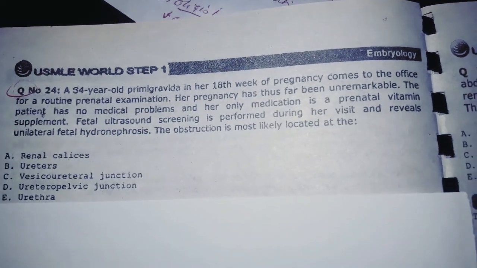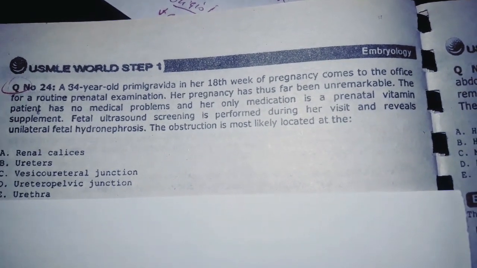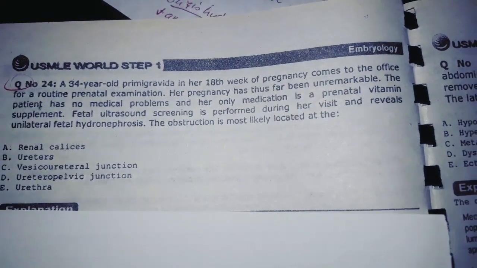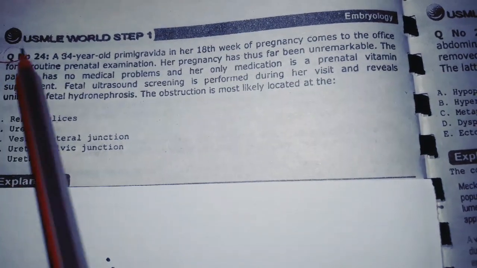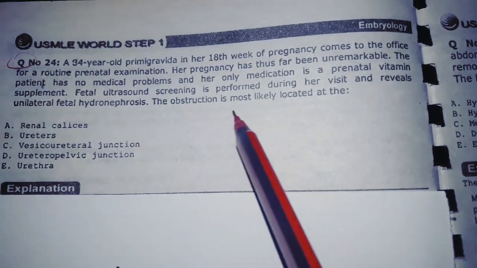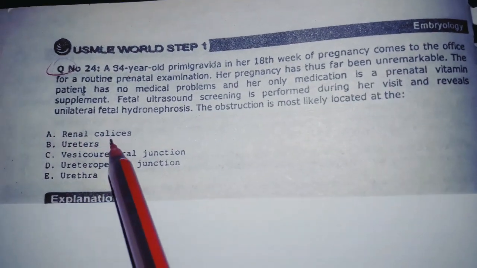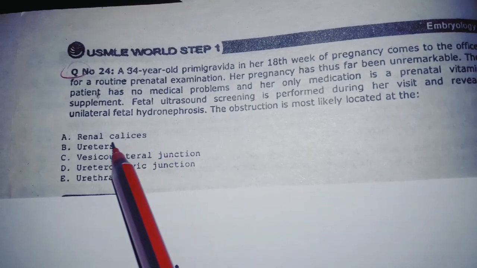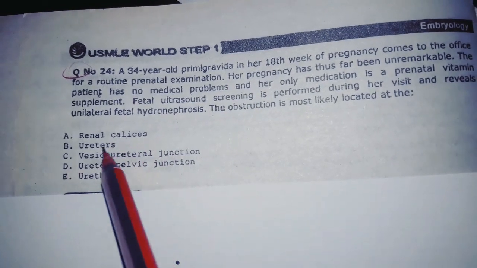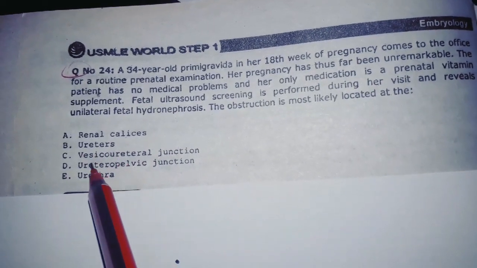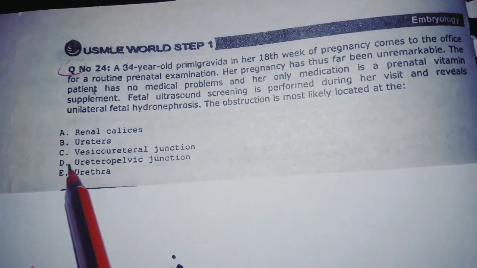So here we are talking about fetal hydronephrosis. Now you can see what they are going to ask. The obstruction is most likely located at: renal calyces, major and minor calyces, ureter, vesicoureteral junction,